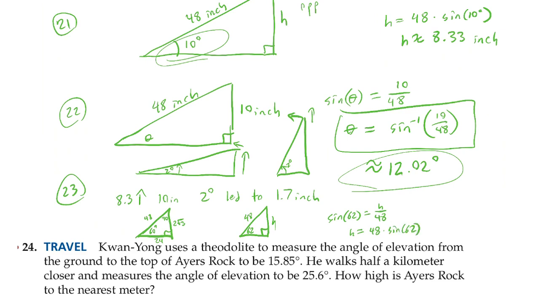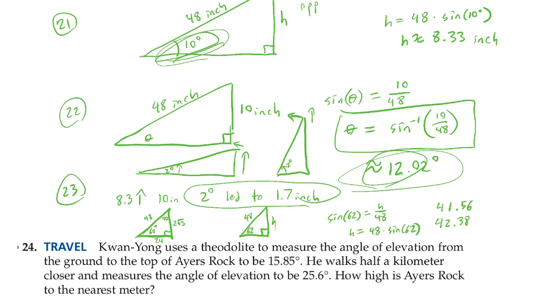So let's see what those two heights are. So 48 times the sine of 62 degrees, that was about 42.38 inches. And then the one right before, which was 24 times root 3, was 41.56. So as we got up to 60 degrees, instead of around 10 or 12 degrees, instead of going up 1.7 inches for every 2 degrees, now we're going up,